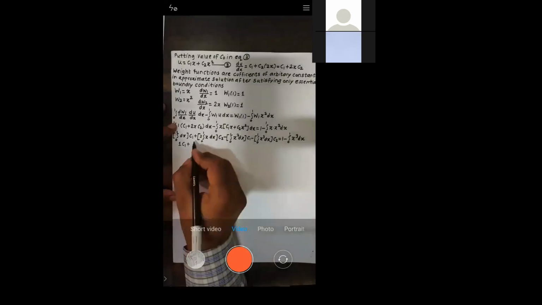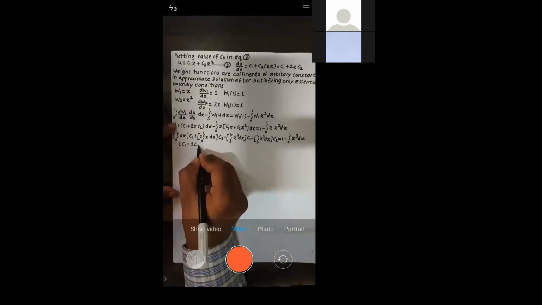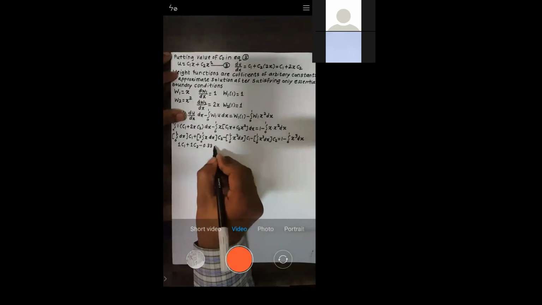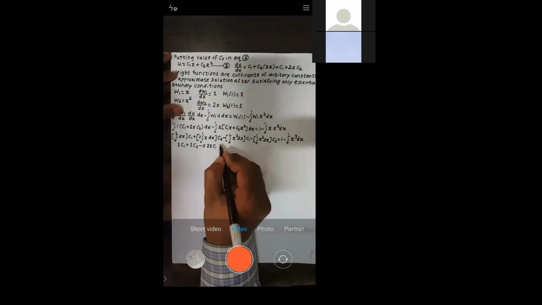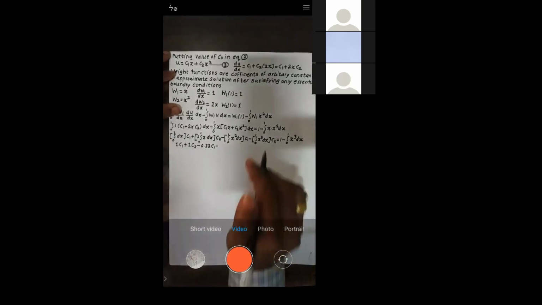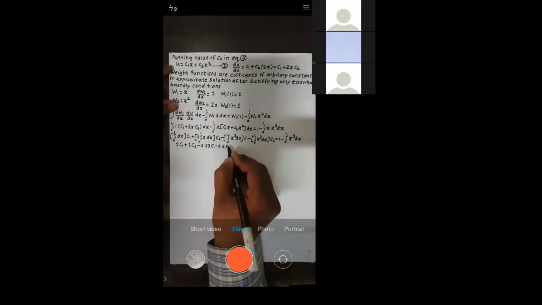One, sir. Again, how much are you getting? 1. Okay, so I'll write down 1 c2. The minus sign I'm writing as it is. Tell me this value. 0.33. Minus I'm writing as it is. This is 0.33 c1, right? Again, that minus sign I'm writing. Tell me this value. 0.25. 0.25 c2.